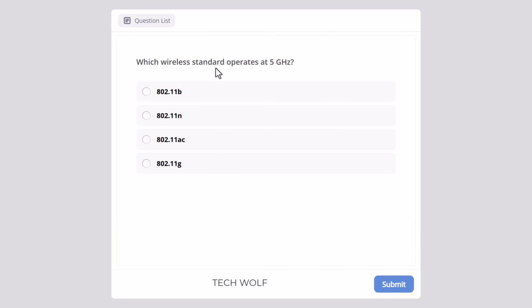Which wireless standard operates at 5 GHz? And this is very important to know for the CompTIA A+ Core 1 exam, to know all the standards and at what frequencies they operate. 802.11b, 802.11n, 802.11ac or 802.11g? Here the correct answer is